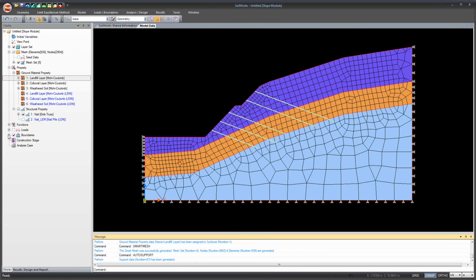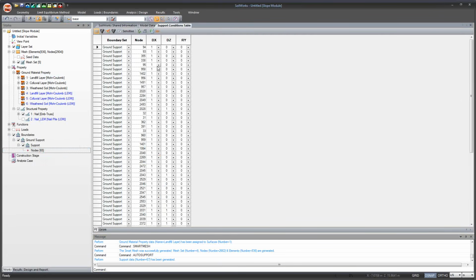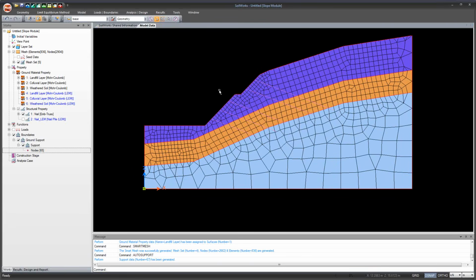And in the boundaries, you can just right click and go to table, and you can change any support condition in between if required. You can also directly export it to Excel and use it for your report. So it is as simple as that. So now we have